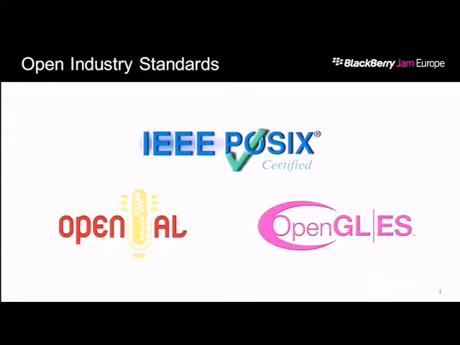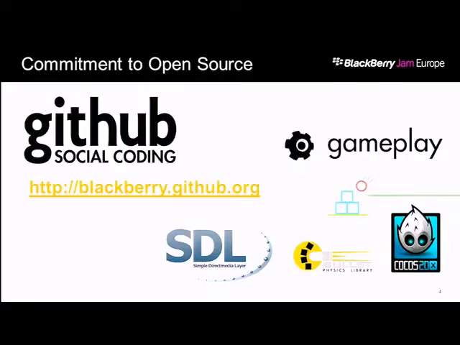What's great as well is we also have a lot of industry standards. If you have anything using OpenGL or OpenAL, it's all there. It works with 1.1 and 2.0. At the same time, QNX is a POSIX-based system, so all your standard libraries, libc, networking, Berkeley sockets, all that stuff will work out of the box as well. So the great news is you will easily get your games ported across.